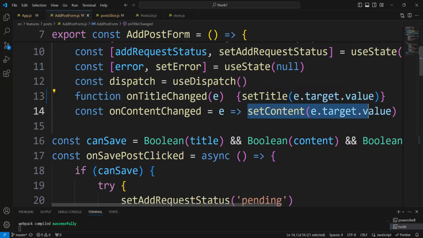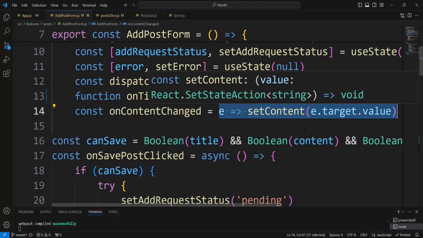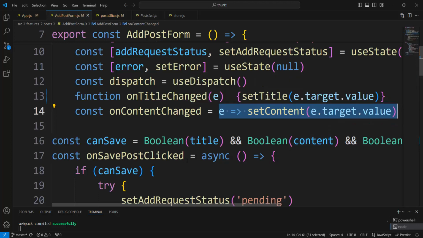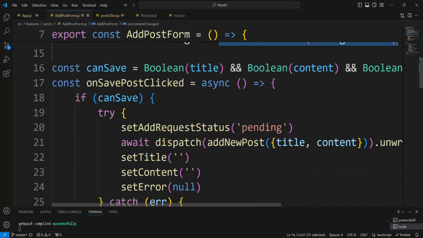It is the parameter e for event, and the body is setContent function, setContent and parameter target value. And when we call a function, we always, in programming,